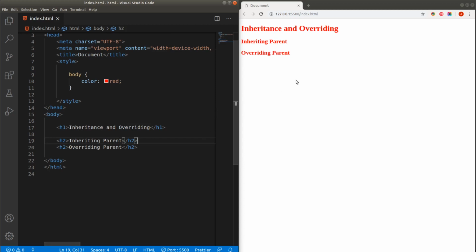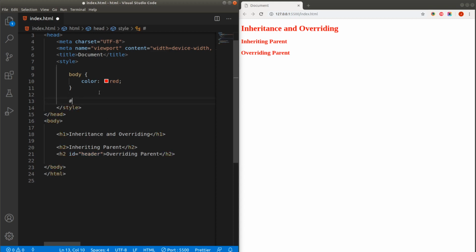But what if I do not want to inherit the same color property for this h2 element? I want to apply a different color property to this h2 element. What can I do? We can use the class selector here to apply a different style to this h2 element, or you can use the id selector. In this case we are going to use the id selector. I will specify id equal to header, and we are going to use the same value in our style sheet.